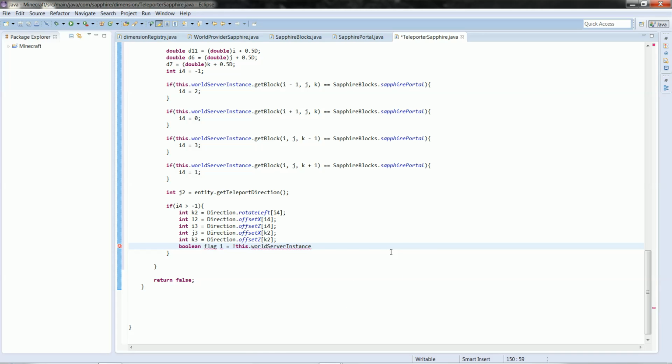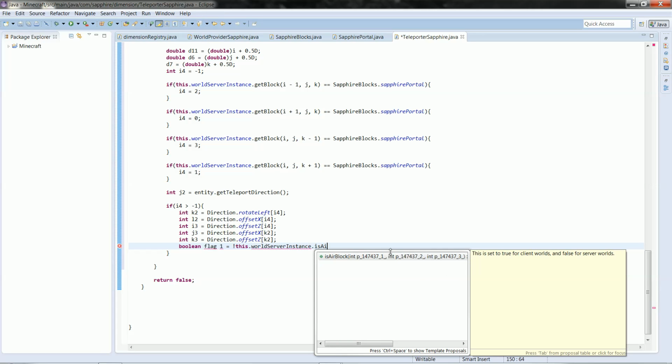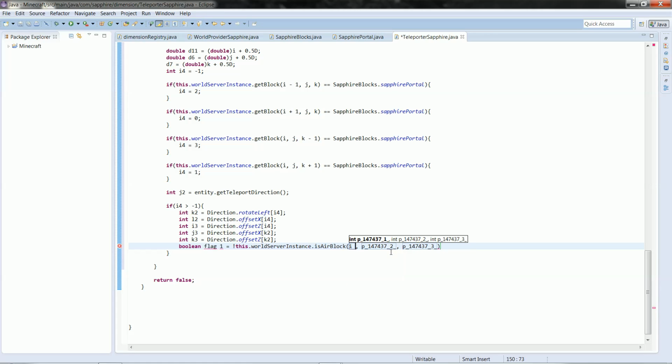Okay? Okay. And we're also going to set boolean flag1 equal to, if the world server, if it doesn't equal the world, if flag1 equals not this world server's dot is air block at I plus L2 plus J3 and J, just J, because that's a Y, and K plus I3 plus K3. So this is adding together all of the coordinates and rotations at this point,